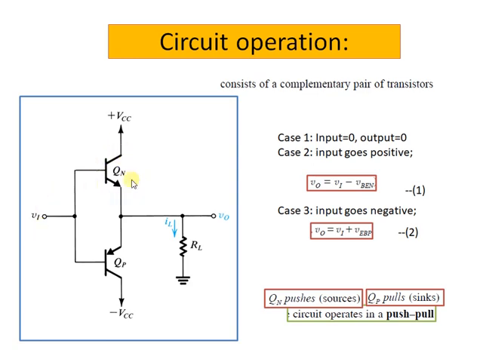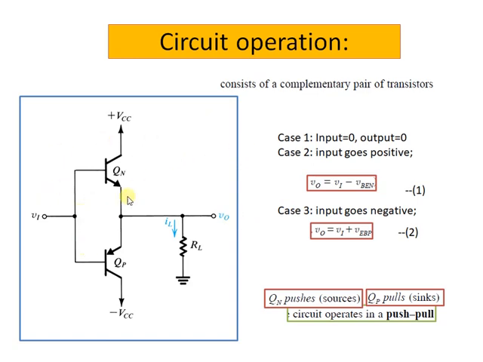what happens is that this transistor QN will conduct and operate as an emitter follower. So the output voltage will follow the input, and I can write the equation for output voltage as Vout equal to Vi minus VBEN. The reason is that I mentioned that Vi exceeds the value of 0.5 volt. I am considering the value of VBEN to be equal to 0.5 in that case. So that is why in general, the equation is Vout is equal to Vi minus VBEN for the case when the input goes positive.